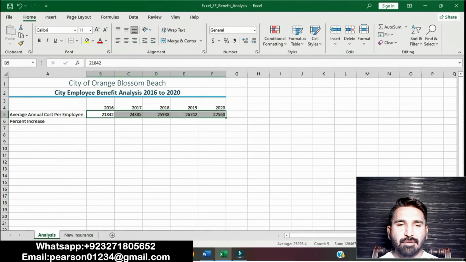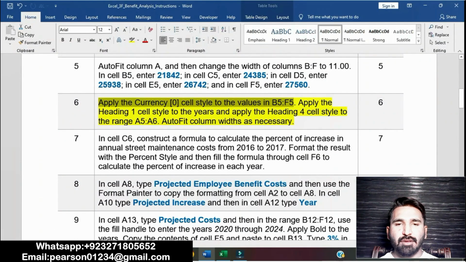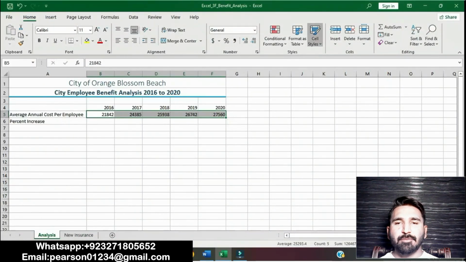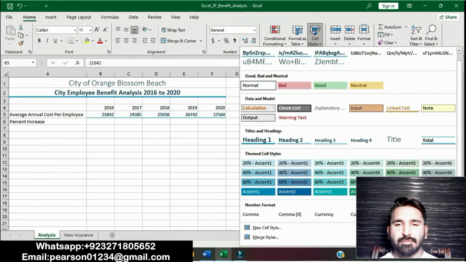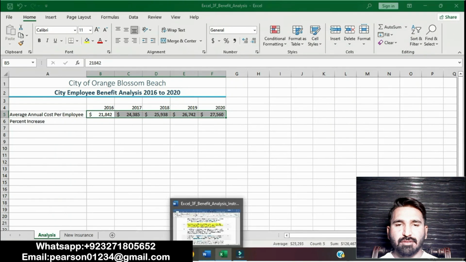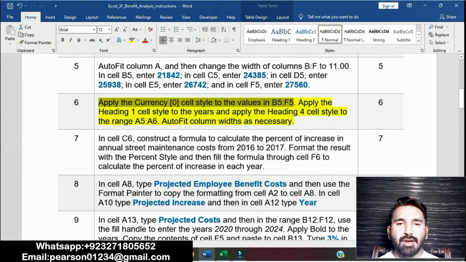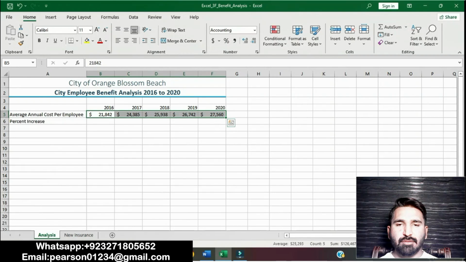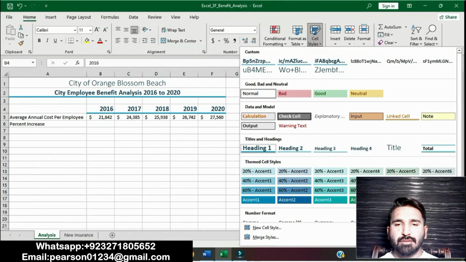First we select this range and apply the Currency cell style to the values. Go to Cell Styles, then apply the Currency cell style. Okay, it's done. Then apply the Heading 1 cell style to the years: go to Cell Styles, Heading 1.